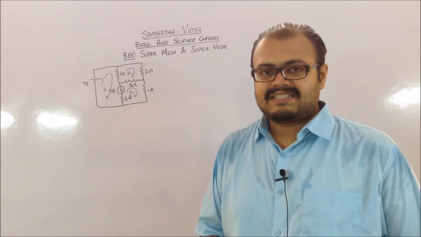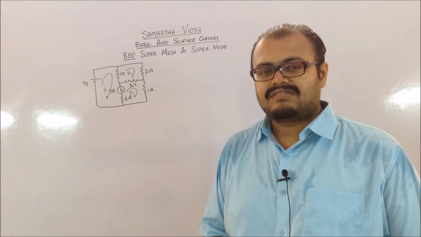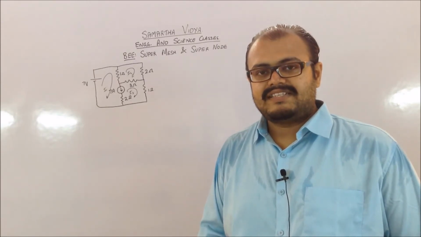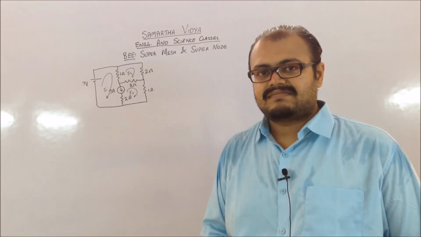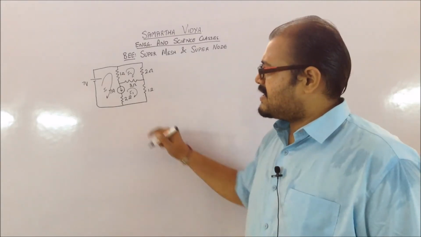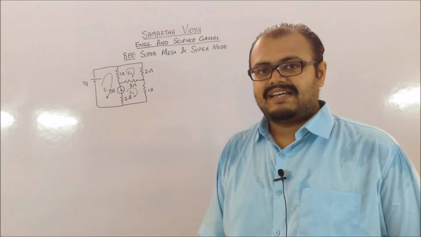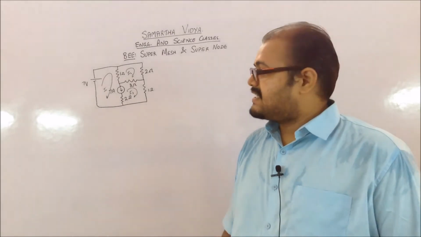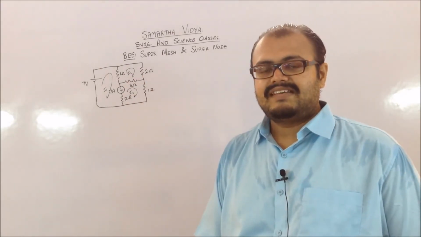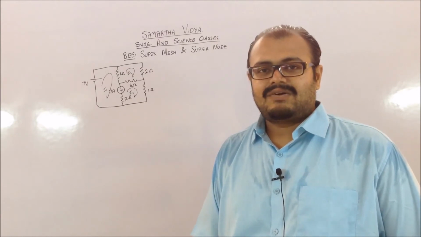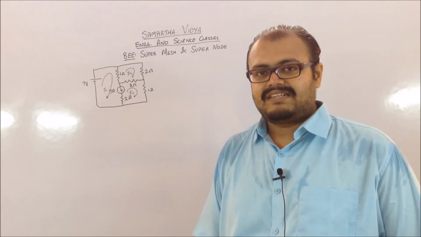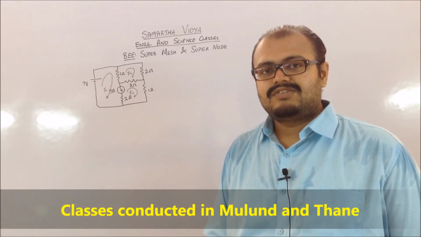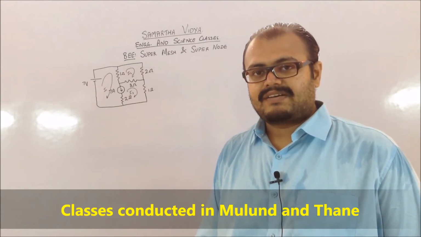Now you should recollect that mesh analysis uses the KVL law, that is Kirchhoff's voltage law, in which you require the voltage drop across each element present in that particular mesh. When you are considering a voltage source, you consider the polarity of the voltage source and accordingly decide the drop across it. When you are considering a resistor, you use the equation I into R and then, according to the direction of the current, you decide the polarity. But when you have a current source between your meshes, you won't be able to calculate the voltage drop across it.